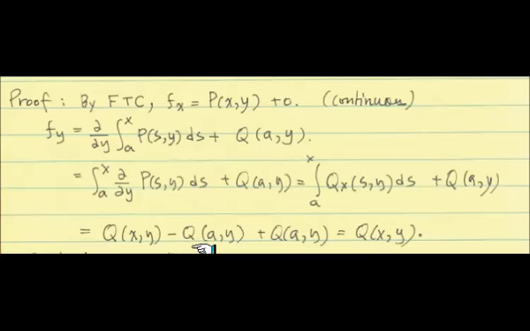Right? What do we know about p sub y? P sub y is q sub x. That's the curl condition, so p sub y here can be replaced by q sub x like this. Then you have an x derivative and an x integral. They cancel nicely. So the antiderivative of this part as a function of x is q of x, y, keeping y in as a constant. You plug in x and a in there. That's how you calculate this integral part. All right, that nice switch is there.